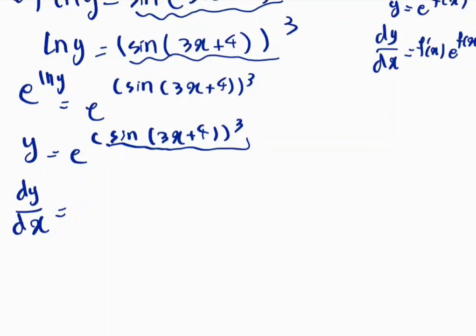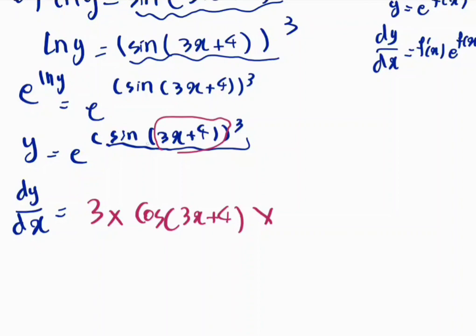Differentiating this is actually very simple, because in the previous question we even had a more complicated version of this type of differentiation. So this question, in my opinion, is even easier than the previous one. First we can start by differentiating inside. So 3x plus 4 differentiates to 3, times the derivative of this specific function, which is cos of 3x plus 4. Now we have one more differentiation, because now it's time to treat this as a function to the power of 3. So 3 comes down times this whole function with the power 3 minus 1, which is 2. So sine 3x plus 4 to the power of 2,